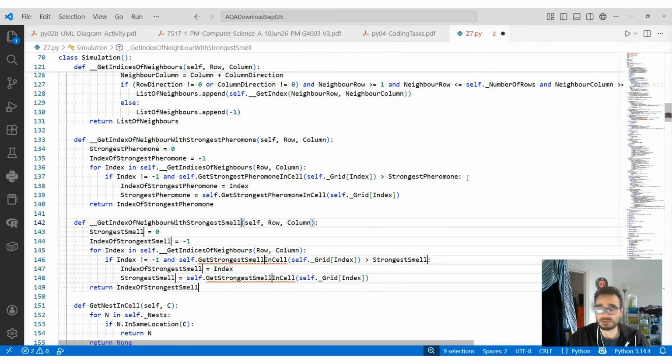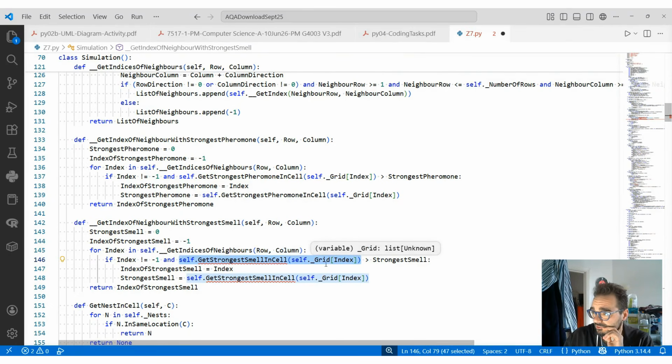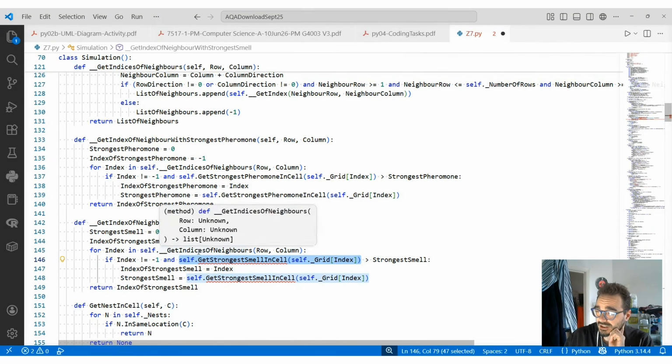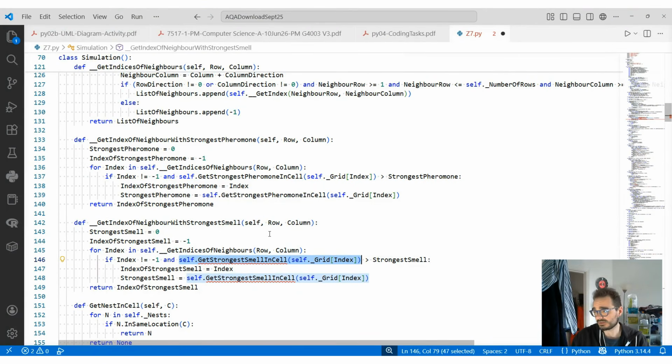Now, it's a finding of the maximum. What's the strongest smell? Where is it in the index? And for each of these, the difference is here. This is the stuff that gets us, for all of the indices of the neighbors, the indices in the main grid, which is where we access it. That means that's the neighbor, and then we find the strongest. This is the strongest smell, the strongest pheromone in the cell. This becomes